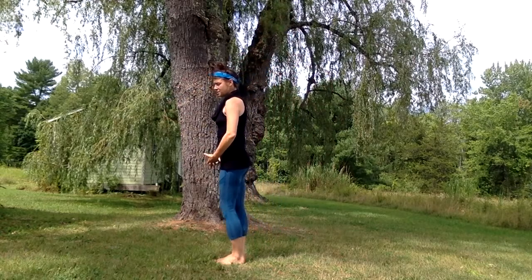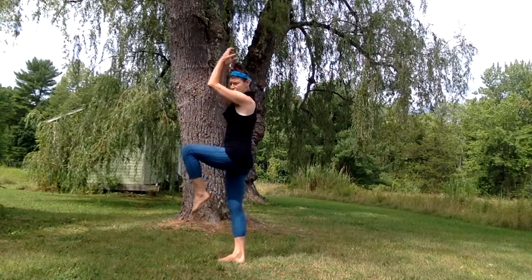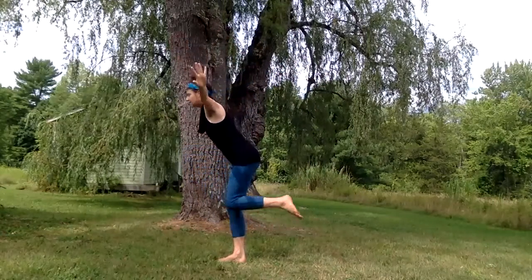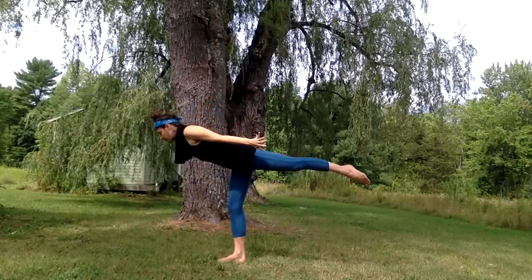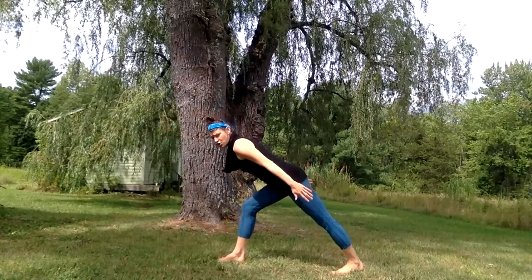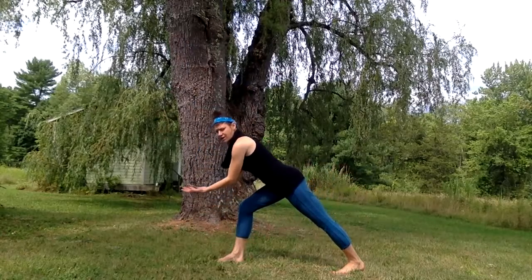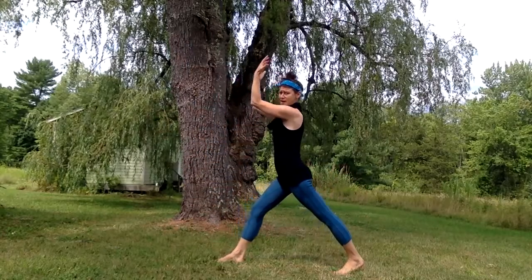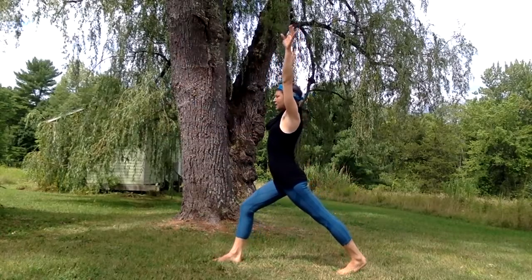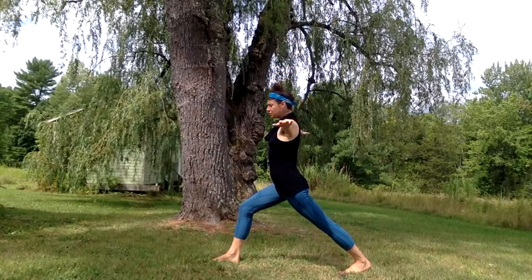Inhale, the arms lift through the center as the left knee lifts. Arms straight. Exhale, part the air in front of you so the chest and head can glide forward, leg back, warrior 3. Then land the left foot on the ground. We scoop the hands down alongside the front foot. You want to make sure that front knee is directly over your ankle. Then straighten the front leg and straighten the arms and lift up. As you breathe out, go ahead and bend the knee, lower the arms in line with your shoulders, parallel to